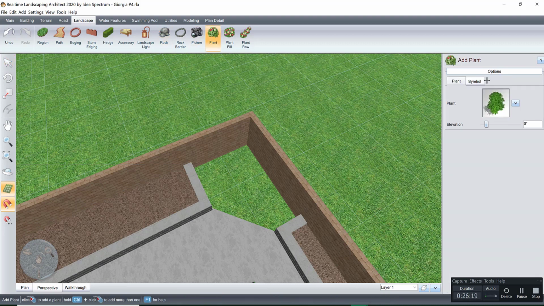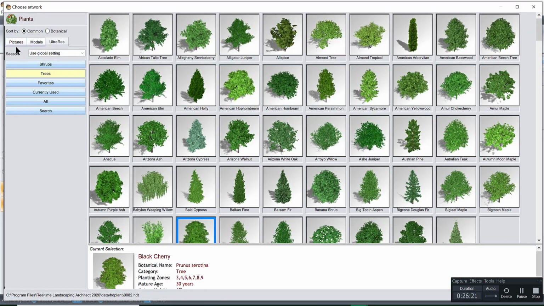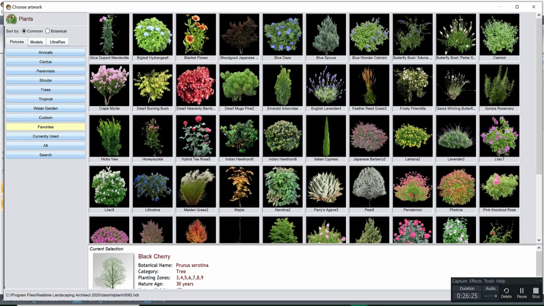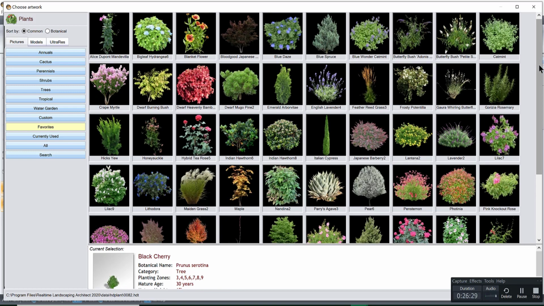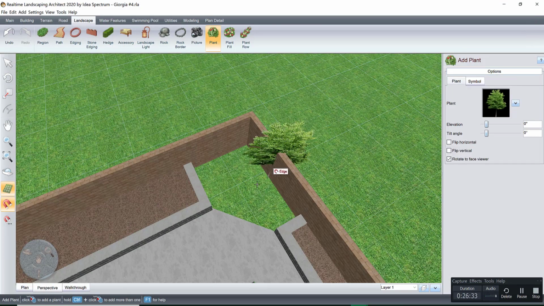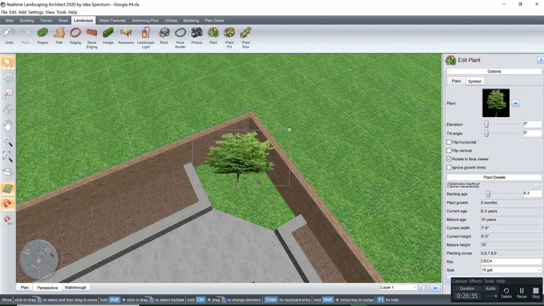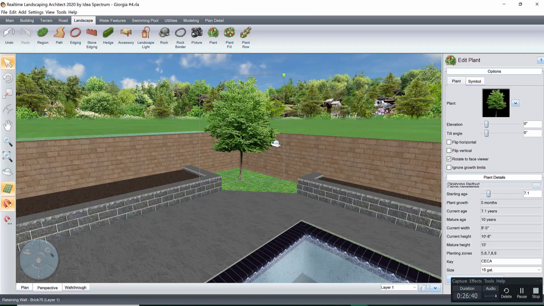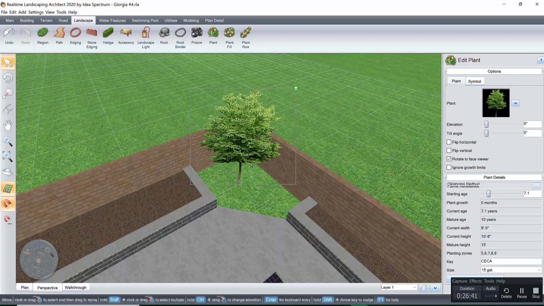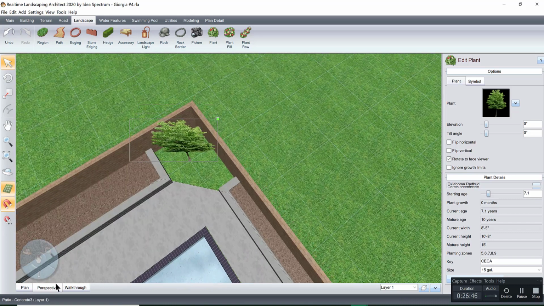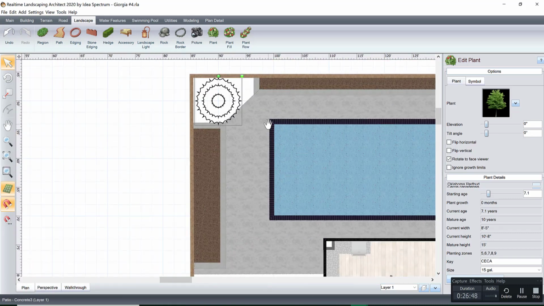Let's do landscaping, let's do a plant, let's grab a tree from my favorites. Let's do a cute little Oklahoma redbud. These are a nice small plant that will not outgrow a lot of small areas. And their flower in the spring is just stunning. So while we're in this corner,